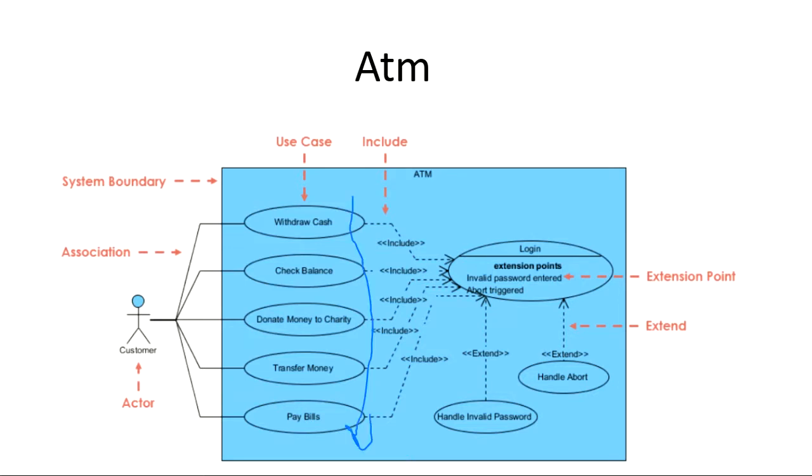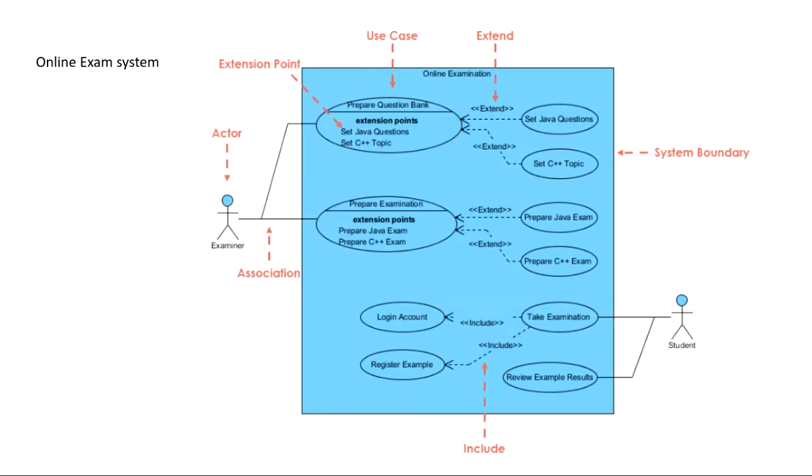first with the ATM machine, the most important thing is the withdrawal cash. So the withdrawal cash use case is kept on the top. Then the next important thing is the check balance. And more than important, it is the sequence that is to be followed. For example, with this examination system, first we are seeing that the paper is getting set up and then the examination is getting prepared.